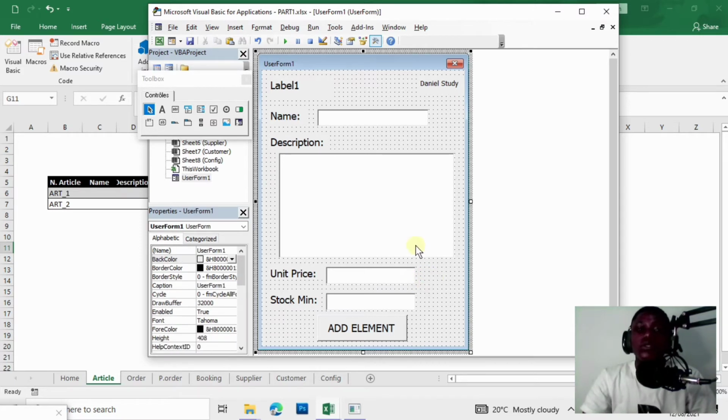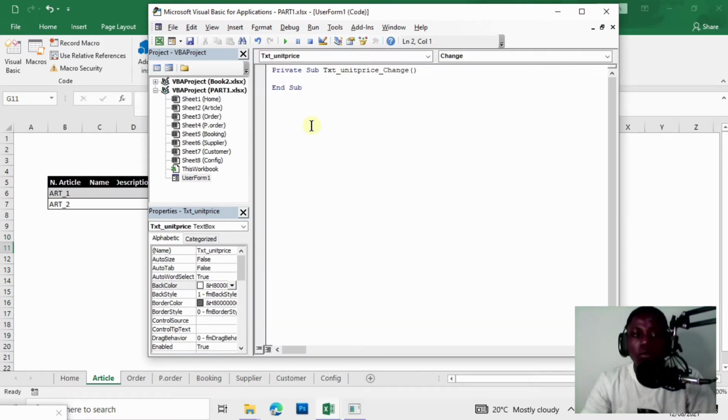I want the unit price to show only figures. If not, it should refuse, because it's only money, since the stock is the unit price. So I'm going to enter here, double click. Then after double clicking, since we want only figures to appear, not words, we say only figures,